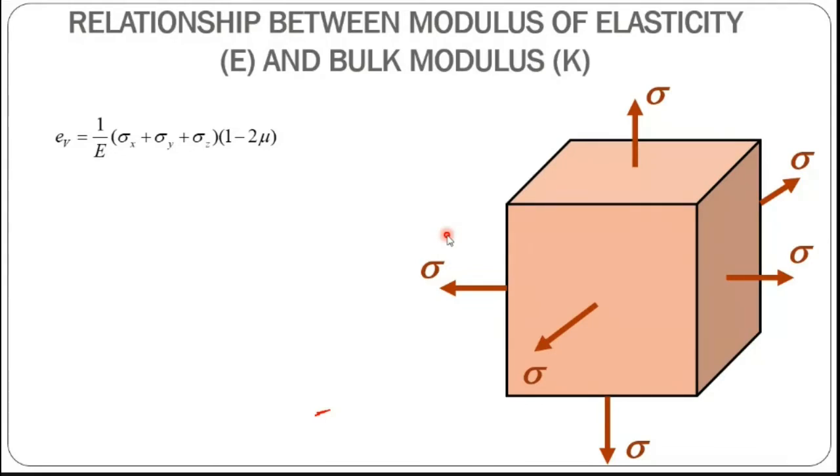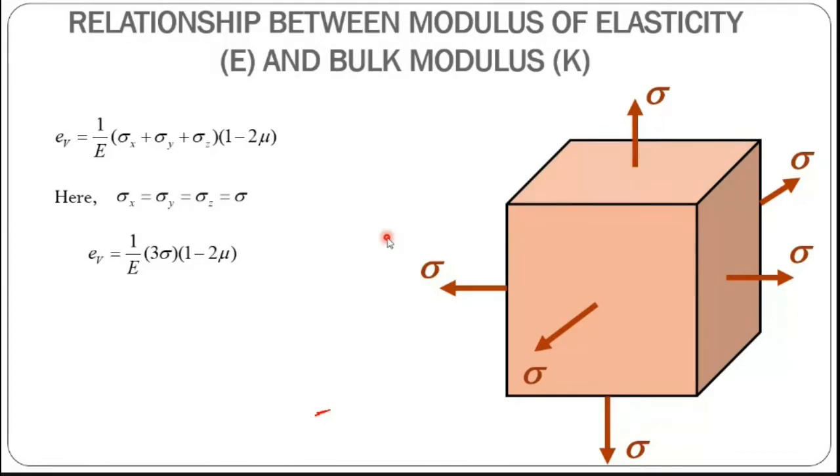So when you look at water, under the sea, pressure will be acting in all the directions, the same pressure. There is no difference in pressure, right? Either it may be a squeezing one or an expanding one, whatever it is. So in that case, let us consider here. Your stresses are the same in all three directions, which means sigma x is equal to sigma y is equal to sigma z. So I can write it like this: 3 times sigma E divided by 1 minus 2 mu.